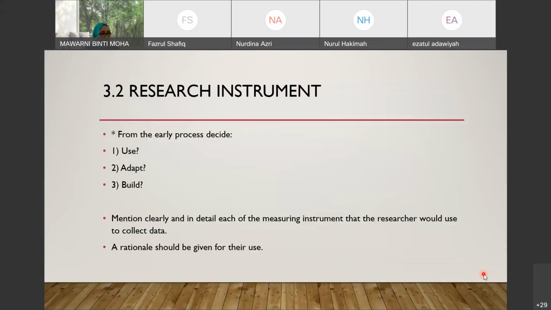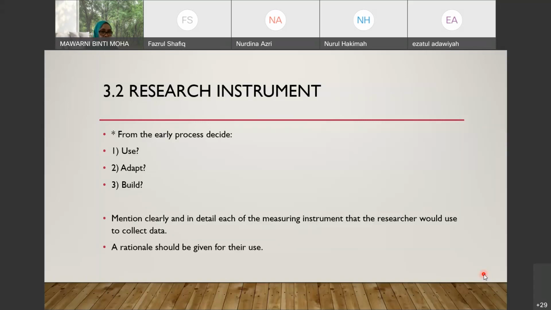This is a very important thing. Research instrument, you choose research instrument whether you use an existing one, okay, that is readily available. Misalnya, for example, you are doing psychology, personality test. There are a lot of personality test instruments that are being used, yeah, standard ones. Or you adapt to meet your needs. But however, you must describe in detail how you adapt that. What are the changes that you made?